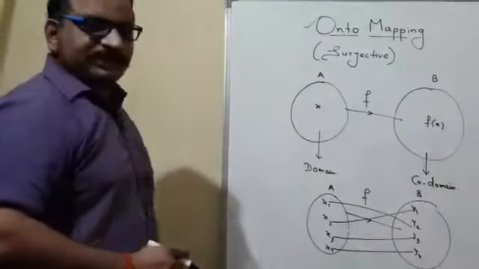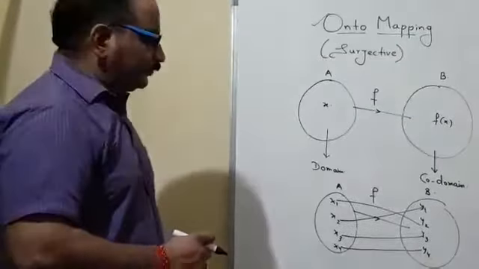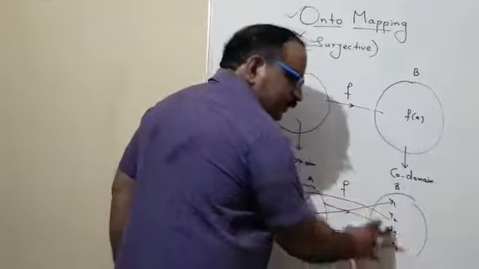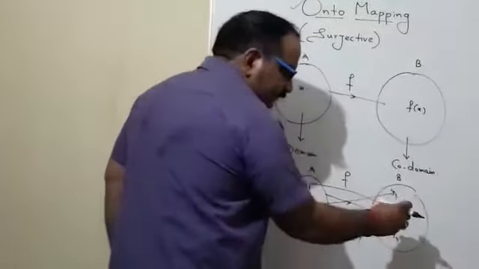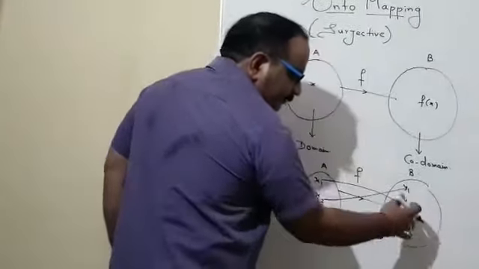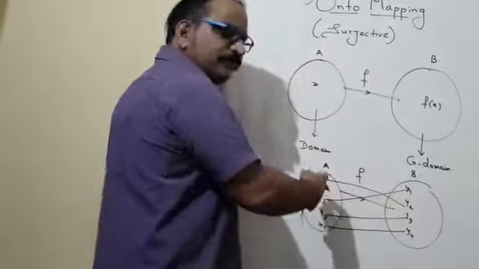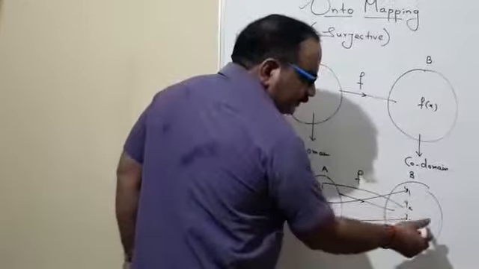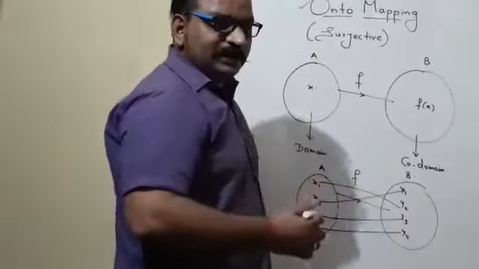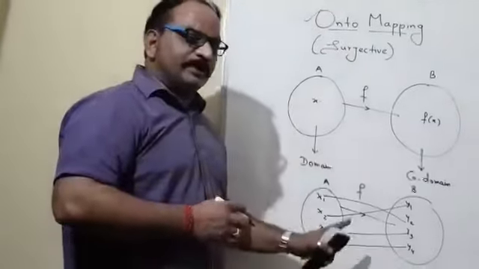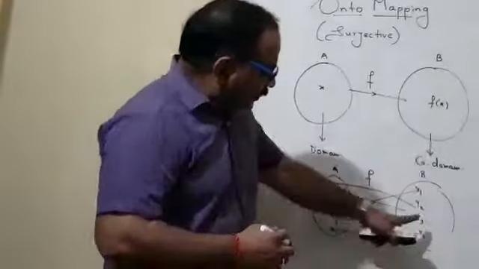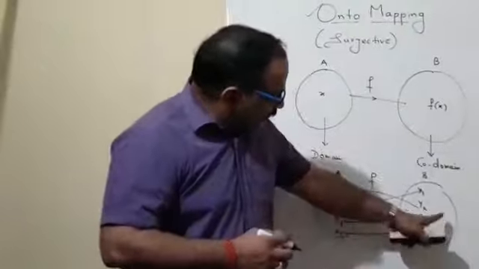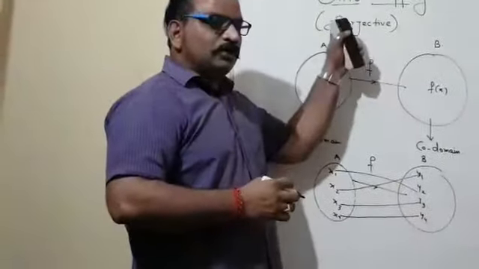Such a function is defined for us, and our job is to find out whether it is an onto mapping or not. So we have to focus on the elements of the codomain area particularly. We must observe that every element of the codomain is associated with an element of the domain area. That means we have to look and make sure nothing is left out in the codomain area. That kind of function is defined as onto mapping. So in this diagram we can see nobody is left out in the codomain area, so this function will be treated as an onto mapping.